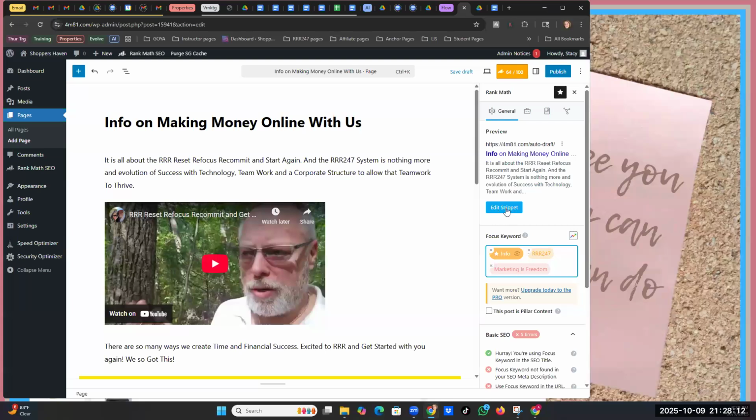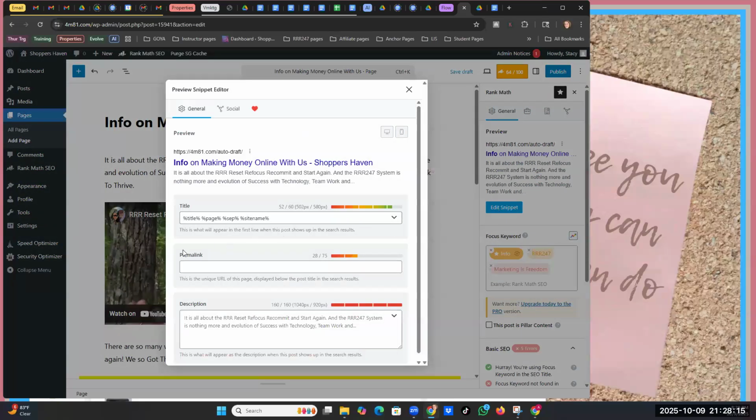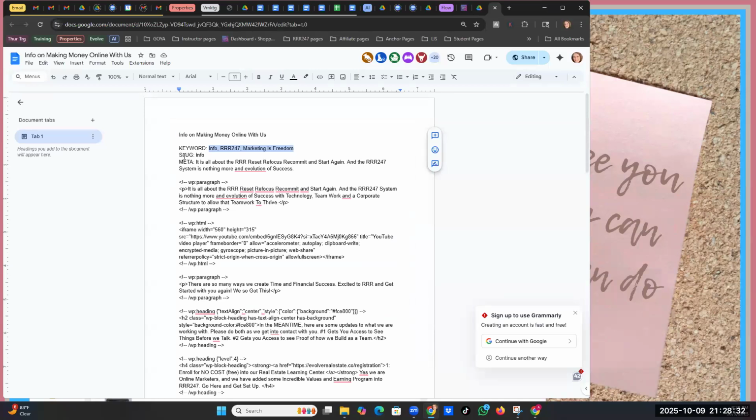Now we're going to go into edit snippet. That's this blue button here. That's where your permalink, those of us that are seasoned call it slug. And description, again, the seasoned people call it meta. Slug and meta are shorter to type on our backup sheet than description and permalink. It's the only reason why some of us have not changed, including Rory. So we're going to copy that. And all I did to get that, if some of you are struggling with your mouse, hover on top of the word for the slug, and double click it. And then you can copy it,